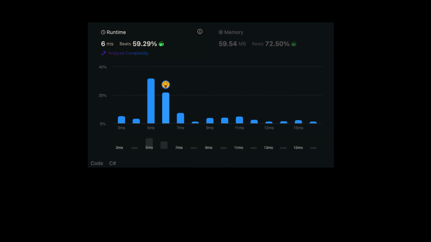This code, when submitted on LeetCode, beats 59% of the submissions in terms of runtime and nearly 73% in terms